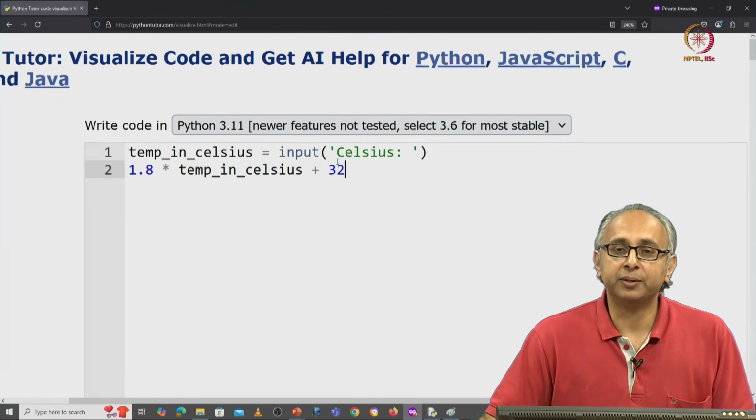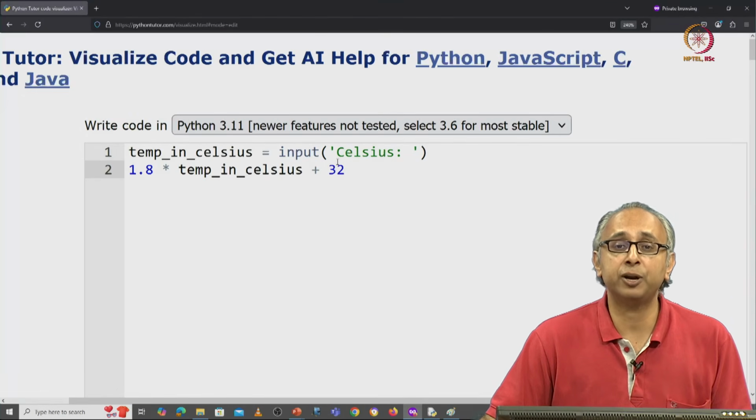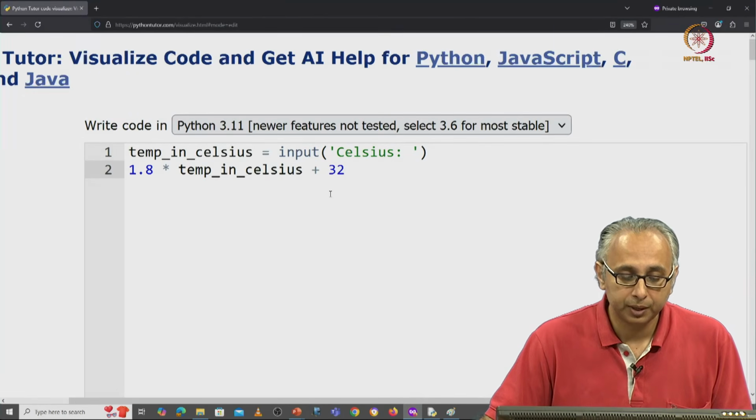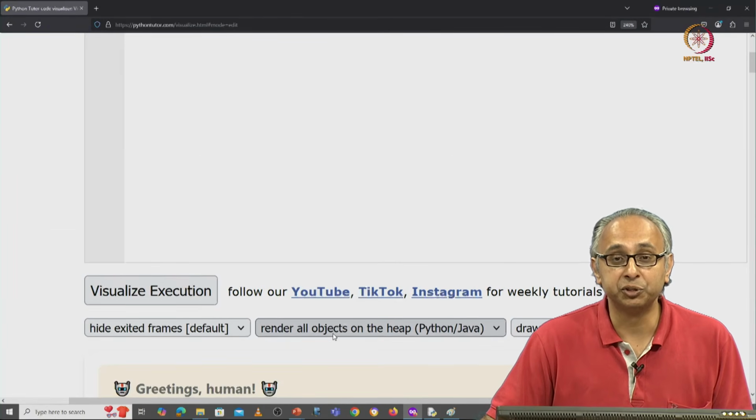So before we debug this, let's run this code and reproduce the runtime error that our friend got in the REPL. So we'll scroll down to Visualize Execution. Notice I have used the non-default visualization so that it's easy for us to see how variables are assigned to objects.